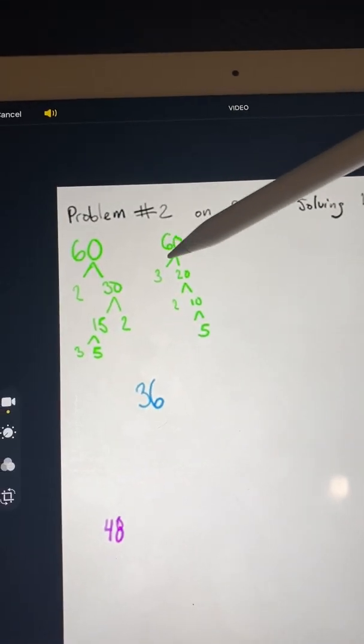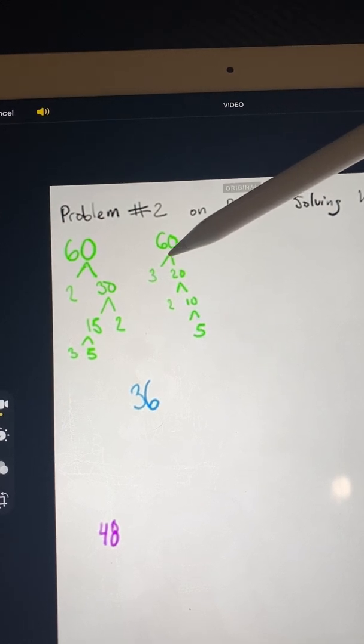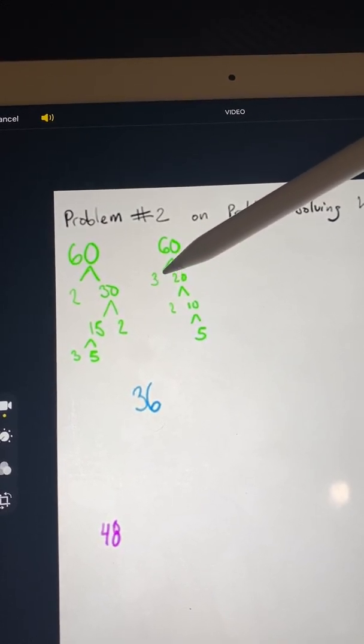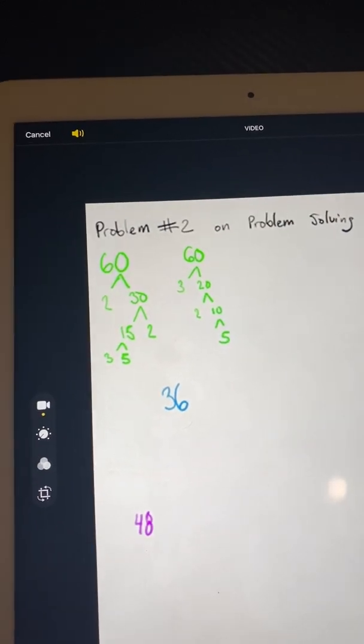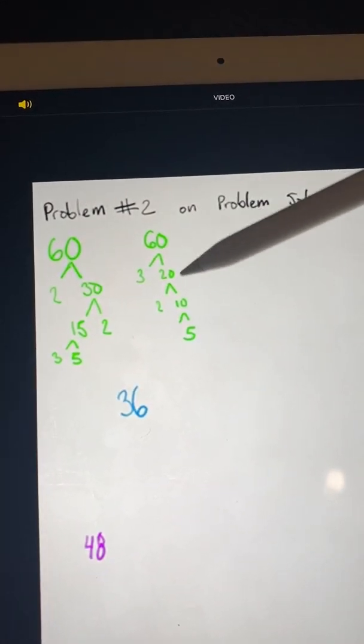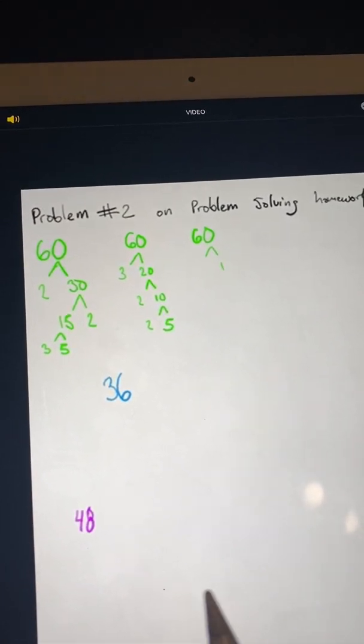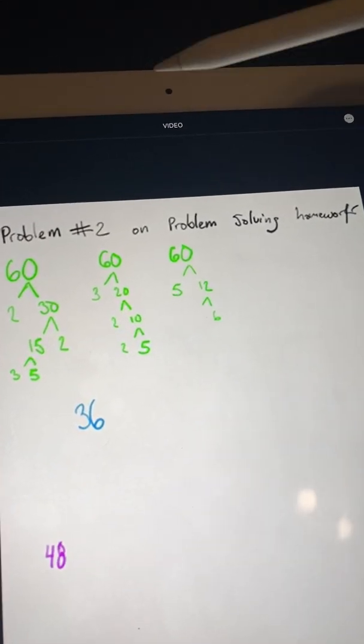Now I'm looking for another number. So 60 also divides times 3. 3 times 20 is 60. Of course, 2 times 10 is 20. And then, of course, 5 times 2 here is 10. So I look for another one. So 60,